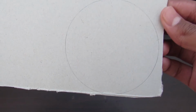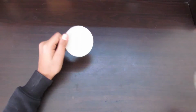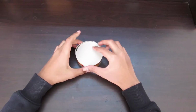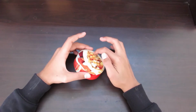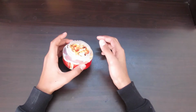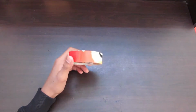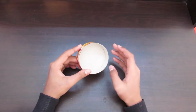After outlining it, it will look something like this. Now you're going to cut this out. After cutting out your circle, now you're going to stick this circle inside this, just like this with the hot glue gun. Be sure to leave a little bit of gap so that afterwards you can stick the base in it. Just like this. Now I've stuck these both parts, and now I'm going to divide this cylinder into 4 equal